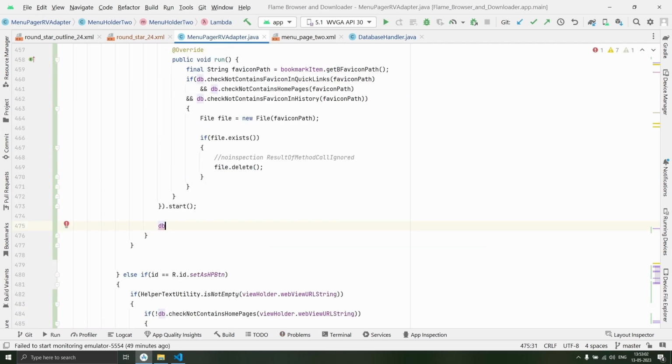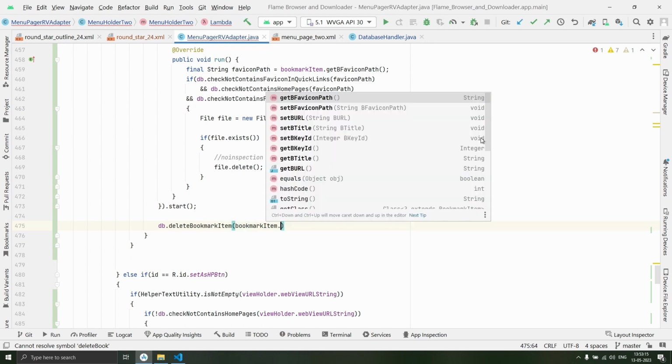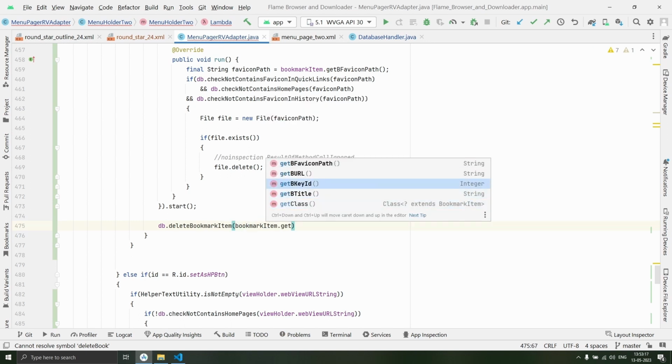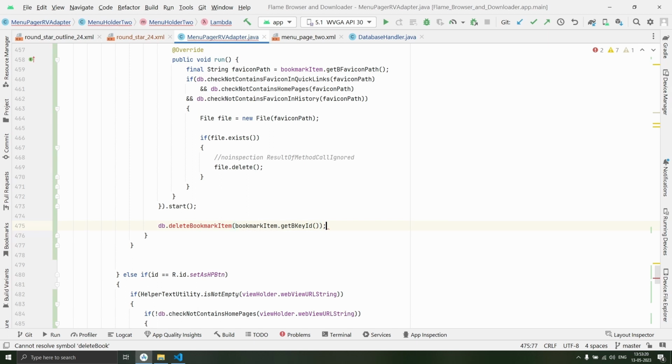Now after that we will delete bookmark item, and we will pass bookmark item dot get bkey id to this method,